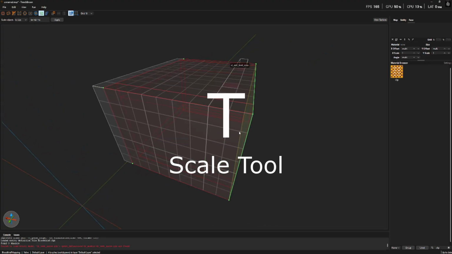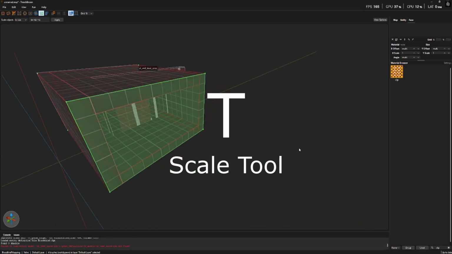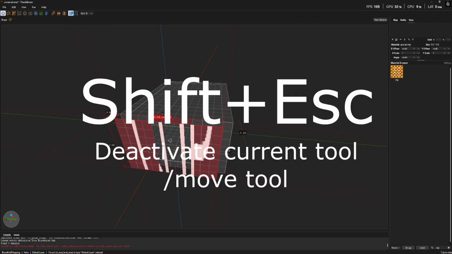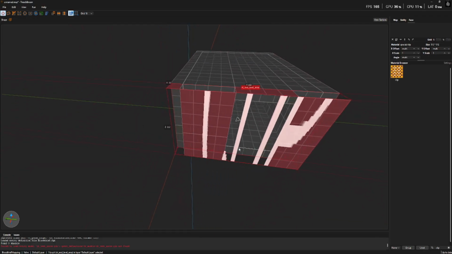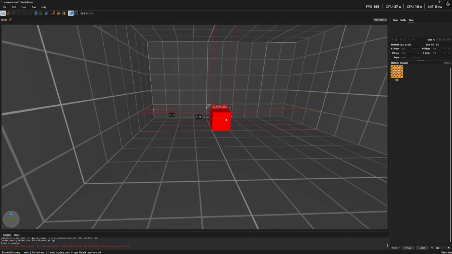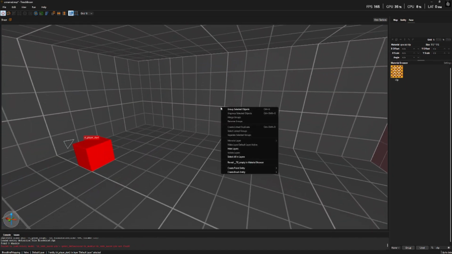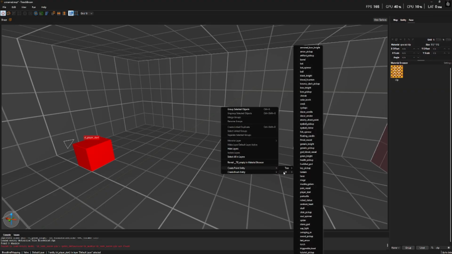Now simply left click and drag to make the room bigger. Finally, go back to the regular tool and place it in front of the opening here. Also going to move the player into the center. And one last thing is I'm going to create a light by right-clicking the view, going to point entity, VT,